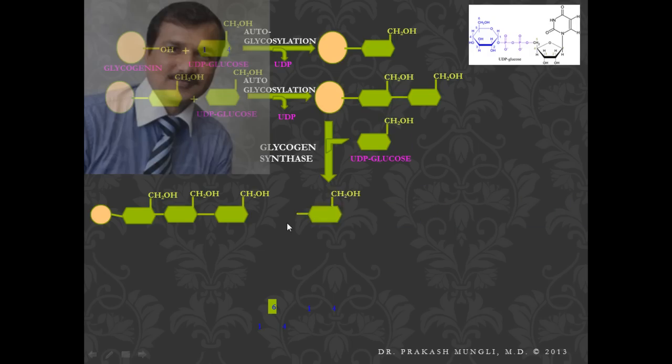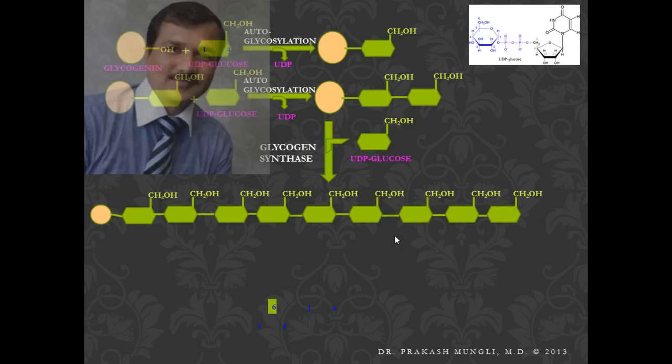So basically the elongation process is going on. UDP glucose comes in, glucose is added and UDP is released. So this is how the elongation process will go on, and all these glucose residues are now attached with alpha 1,4 glycosidic bonds. Once sufficient elongation is done, usually around 11 to 15 glucose residues are added,